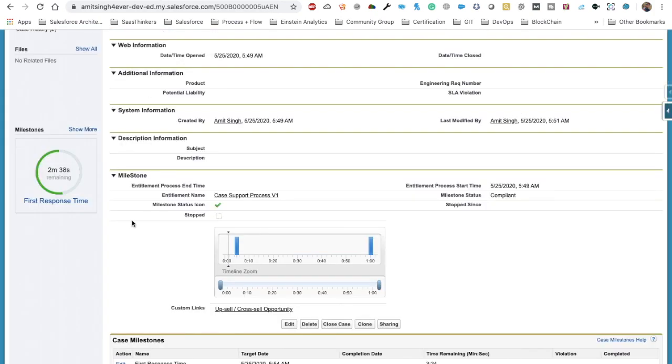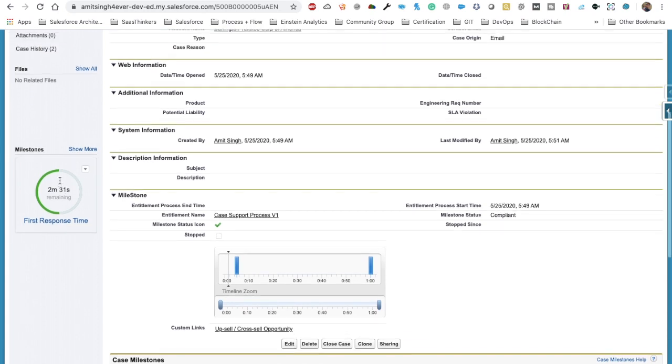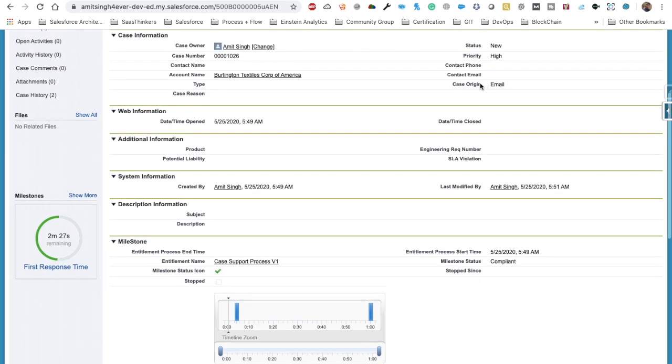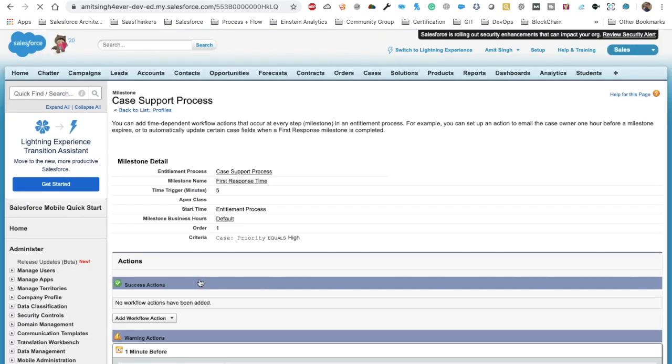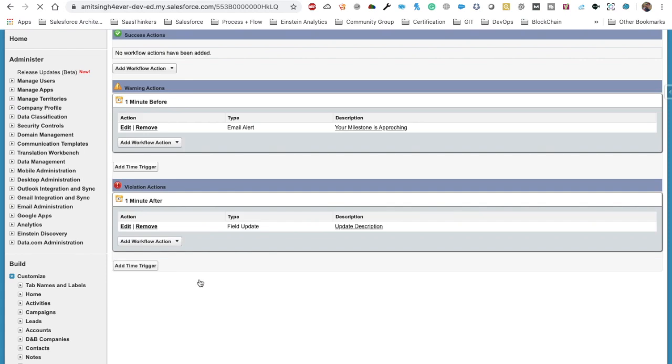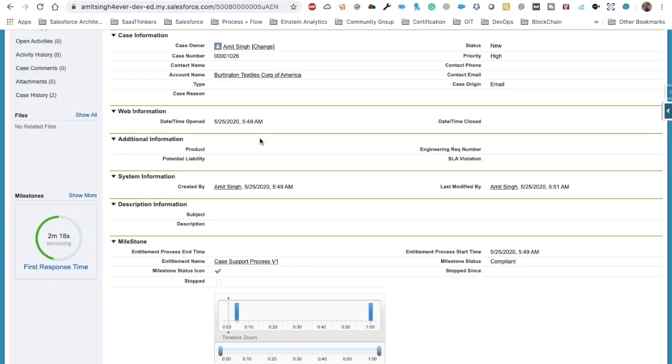So that is one thing we need to keep in mind: make sure that we select milestone criteria, so that the timer only starts whenever our milestone criteria meets the criteria that we are providing here, not the criteria whenever we are associating an entitlement with the case records. That is the one thing you need to keep in mind.